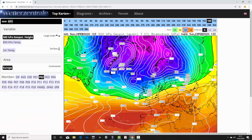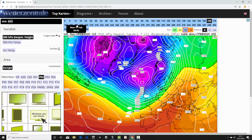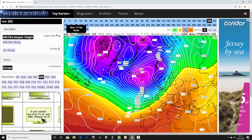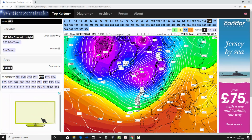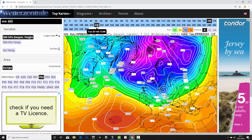Ensemble member number 2, again looking rather unsettled and at the very least quite windy and showery for next weekend. We go beyond that to around the 17th of February, a week tomorrow. That's looking quite stormy then. Low pressure to the north of Scotland looks like it's bringing another bout of gale force winds across the country,